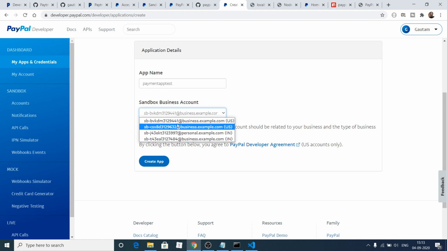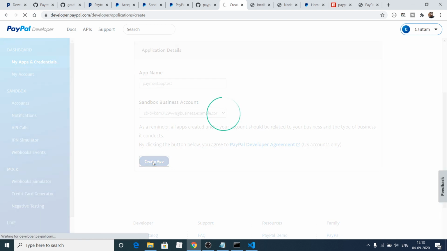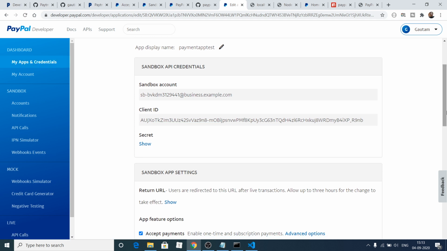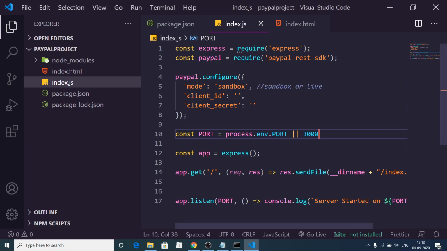So let me just select this US one which we have created, and let me create app, and then it will give you these details which is client ID. So you just need to copy this, and here you need to paste it.